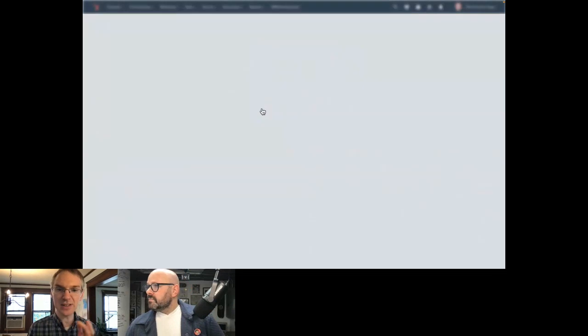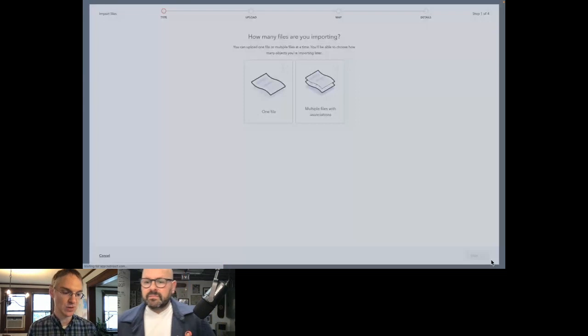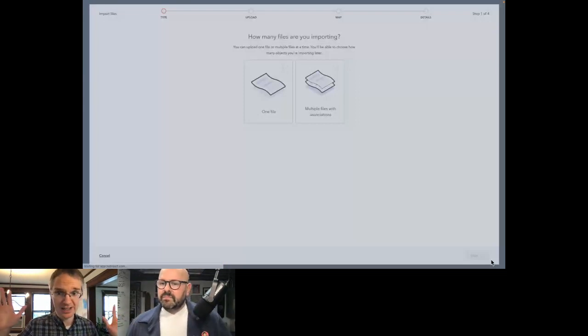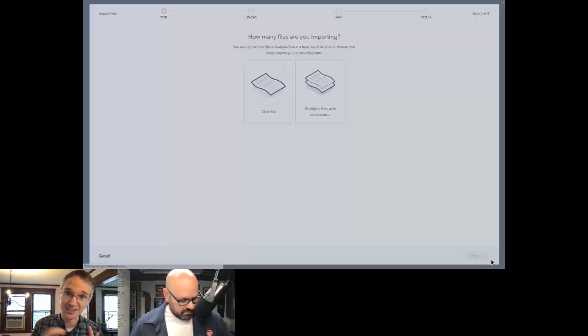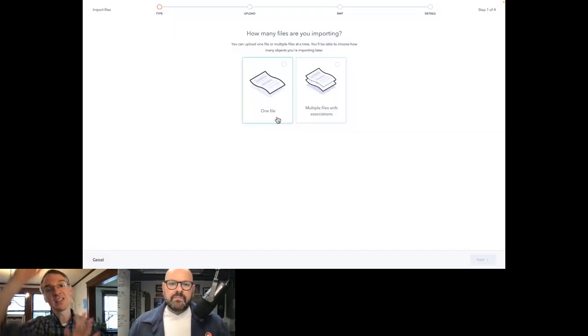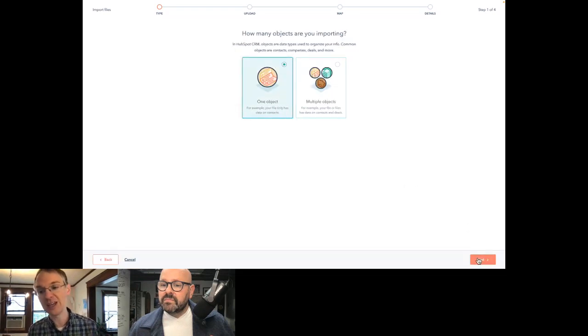And this is specifically for companies. So with company records, you can have parent-child relationships. So if you think of like Marriott, the hotel chain, as a parent company, they have Bonvoy and a whole bunch of garden suites and all kinds of different sub brands, right? That you might want as separate company records, right? Because they have separate domains, they have different employees, right? But you want them all rolling up to that Marriott main parent. So you can now do that in an import, which used to be impossible.